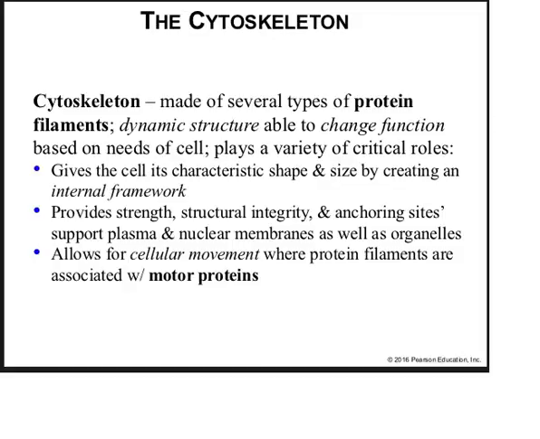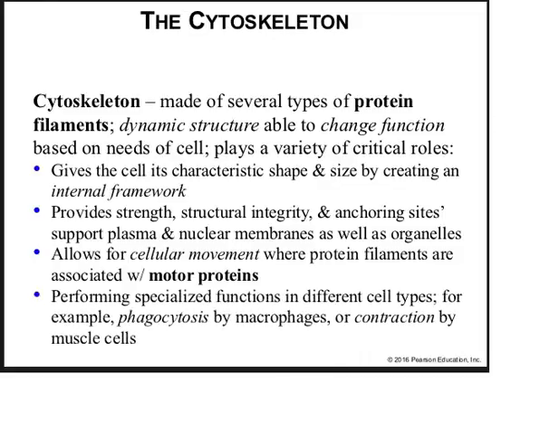And it allows for cellular movement, where protein filaments are associated with motor proteins, which can harness the chemical potential energy of ATP to turn that into kinetic energy and move components inside the cell from one place to another. And it performs specialized functions in different cell types, for example, phagocytosis by macrophages or contraction by muscle cells. Okay, so let's sum it up. The cytoskeleton gives the cell shape. It allows the cell to move cellular components around inside the cell, and it allows for endocytosis and exocytosis. And also, we're going to find out, plays a critical role when the cell gets ready to divide in the